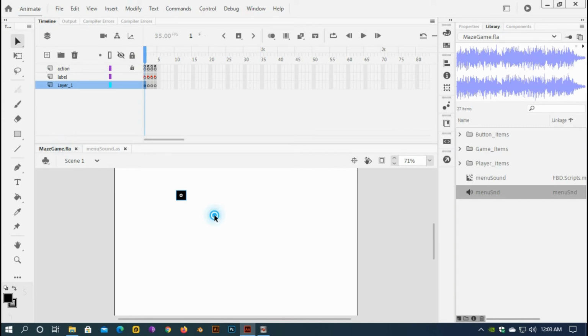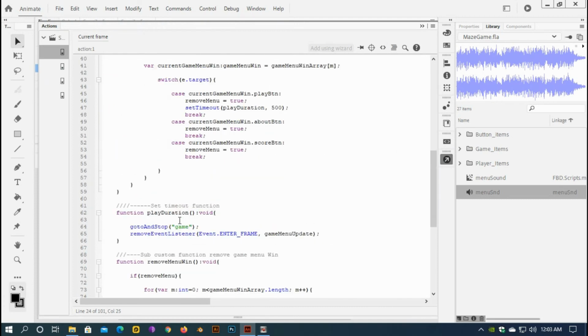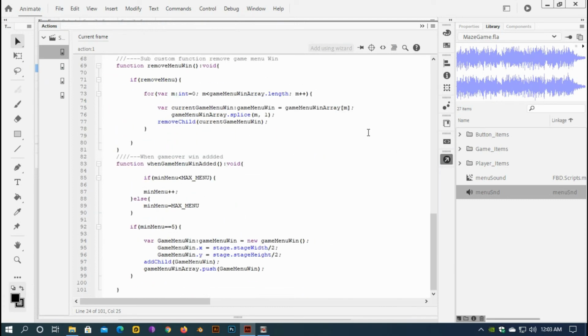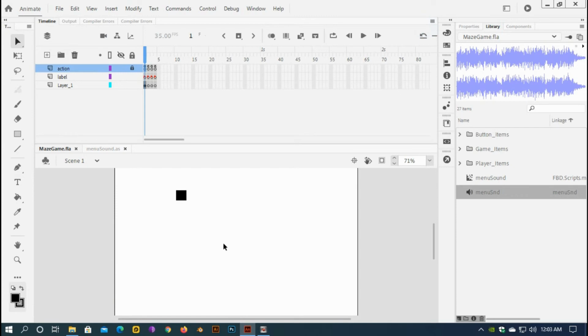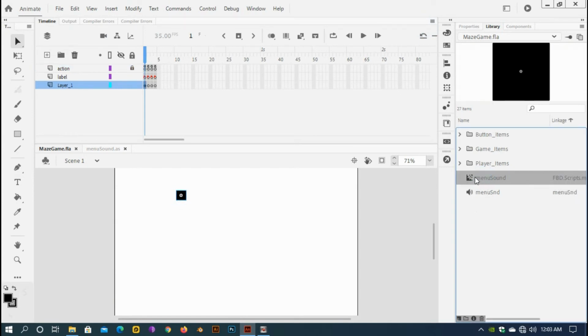So here I can either import it directly, as I did for this game menu win, but I'm not going to do this. I'm going to import this menu sound movie clip inside that